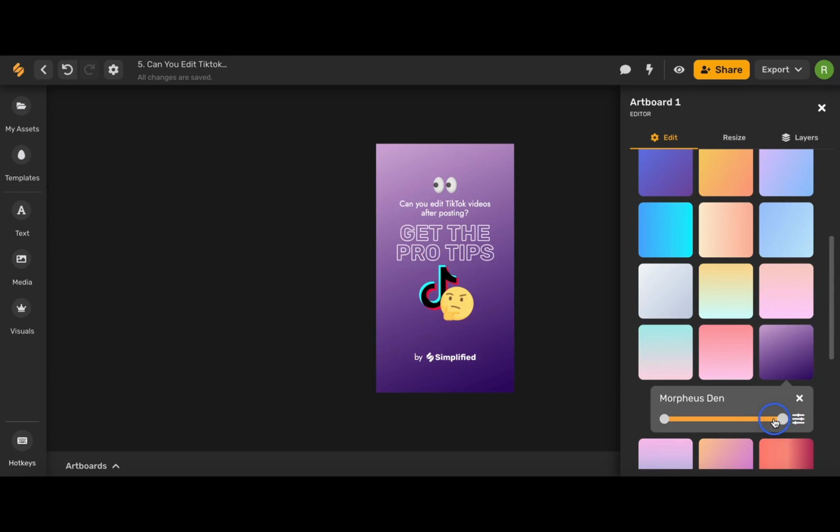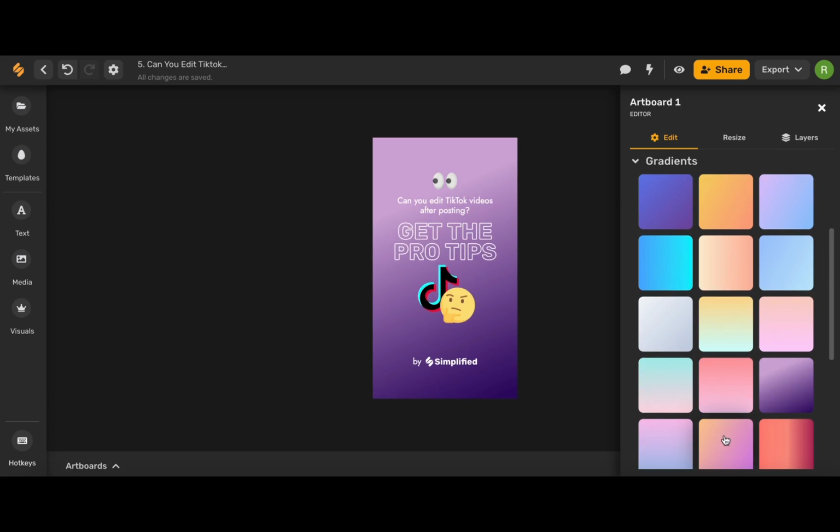Here we can change the intensity of each color. So by moving this slider here, I can add a little bit more dark purple to my design. And by moving this slider here, I can add a little bit more of the lighter purple color. Gradients are a great eye-catching way to add depth to your